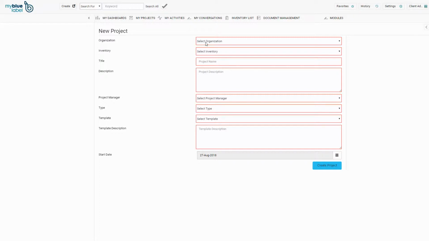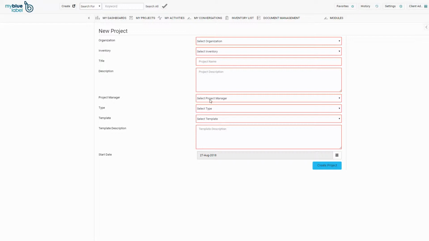First, we need to select the organization where the inventory is available and the project must be running. The selection of the organization also functions as a filter to select the relevant inventory. Then we must select the inventory for which we have an action to either implement or maintain. The title of the project must of course be given to identify the project with the project stakeholders and also as a reference name for traceability in the rest of the modules in the solution. The description of the project helps to clarify at high level the intended scope of the project.